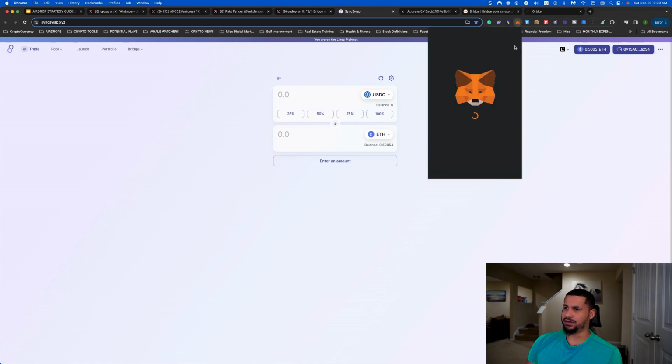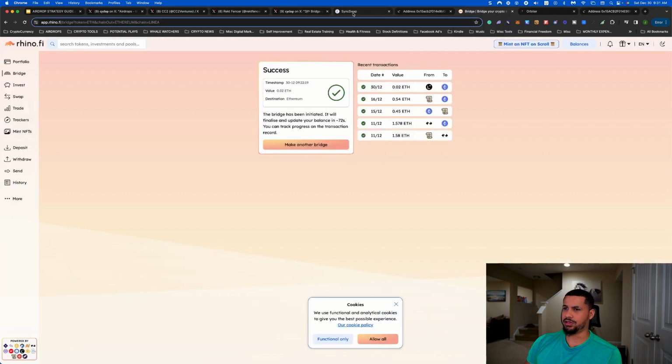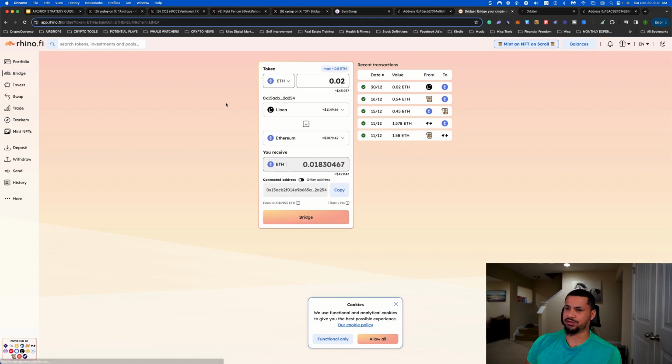So if we go over to Linea, scan again, we can see that our transactions are building up. 14 seconds ago, 44 seconds ago, 1 minute, 3 minutes, 8 minutes, right? And we're using different protocols. We use RhinoFi here, or we use Orbiter, we use RhinoFi, we use Linea, we use Scroll Router to do these different things, right? If we come back over to, let me see here, make another bridge, RhinoFi, this would